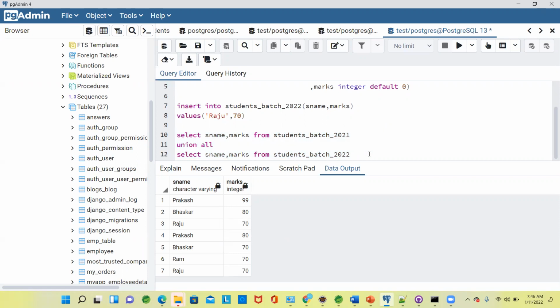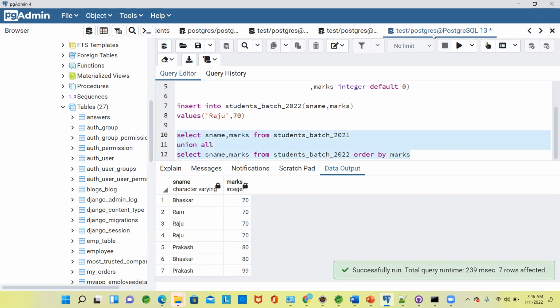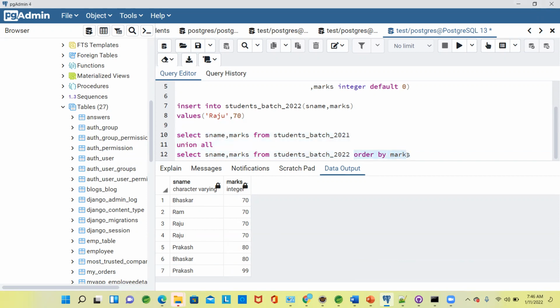But I want to apply order by ascending order. So I should apply order by in the second query only. I can't apply order by in the first query. What is the order by of marks? By default, order by will be ascending. Right? Now ascending. Clear? So you can't apply order by in the first query itself when you are doing union and